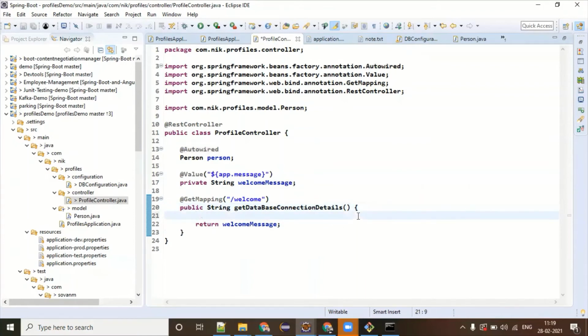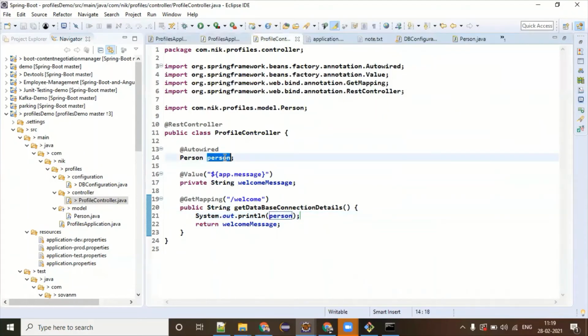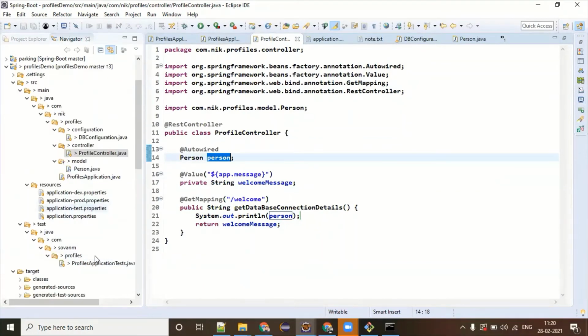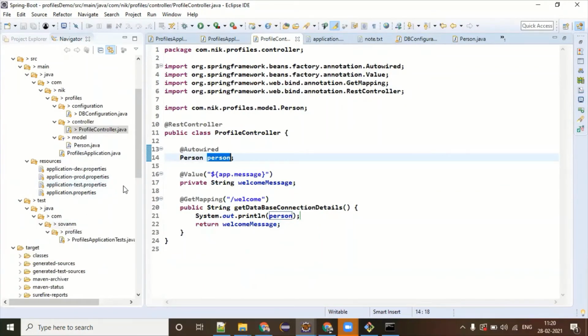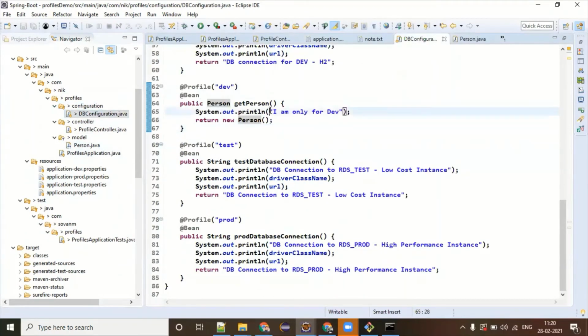if you want to check whether this person object is created or not, you can simply print the person. Now you have a setters method inside that person. You do whatever you want, person.set method, whatever value you want to get. In real time, this person class might have lots of business logic. So this is how I told my Spring Boot application, or Spring framework, that you have to create an object of this person class. The way I told the Spring framework is with the help of this @Bean. So @Bean is creating the object. Now this guy is going to return me the person object.